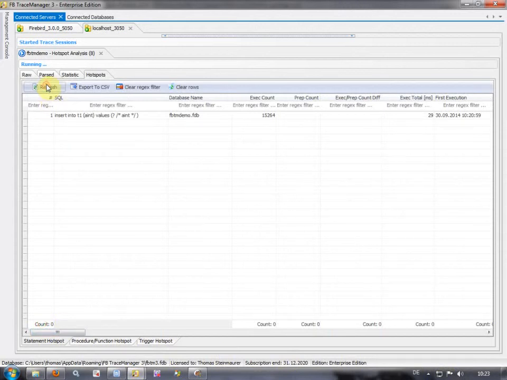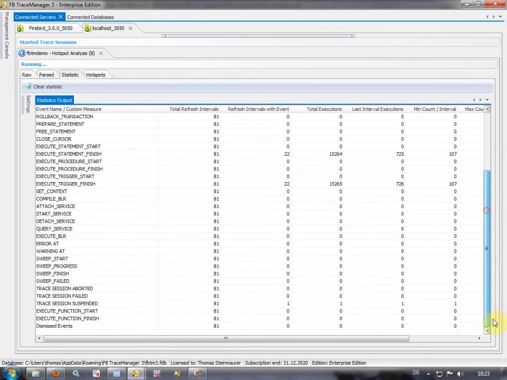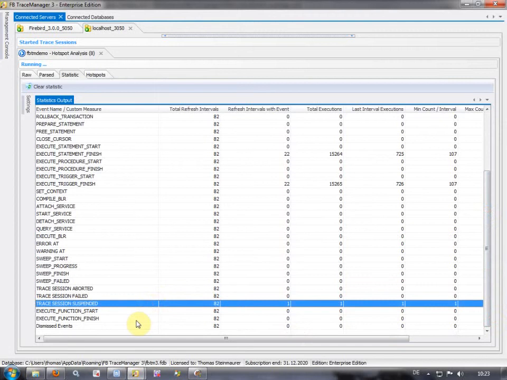And we see that it seems that we missed some stuff here. So the reason for that is that if the trace client can't cope with the load and the Firebird server has to remove temporary stored trace data,